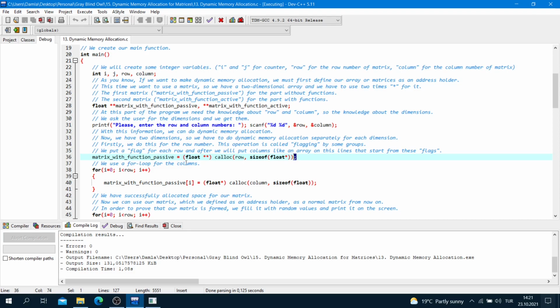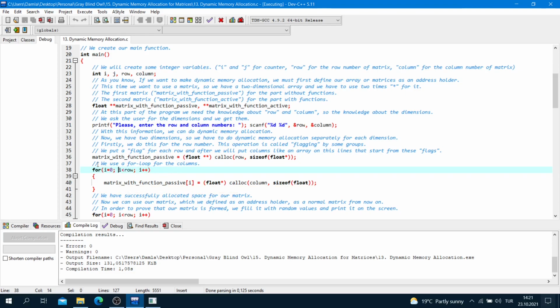Now we use a for loop for the columns. For i is equal to 0, i is less than row, and i plus plus, we are on the second dimension, so we put the columns for each row.